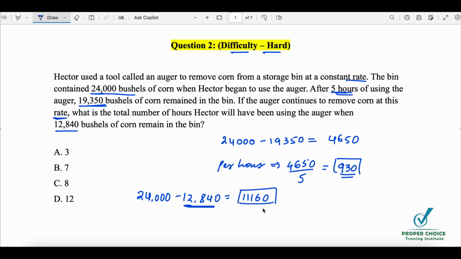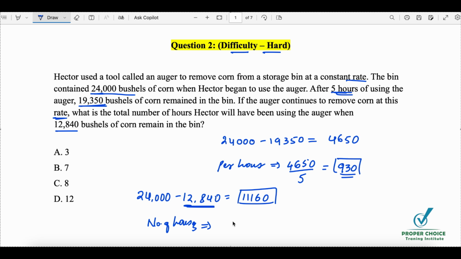And we already know the auger can remove 930 bushes per hour. Now to remove this total, how many hours have been taken? That is the question. Now to calculate the number of hours taken,